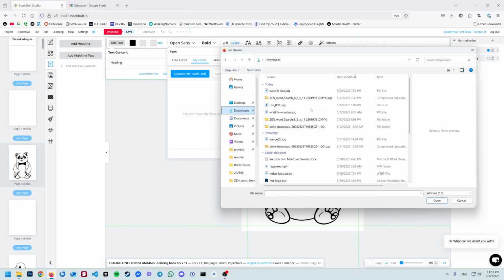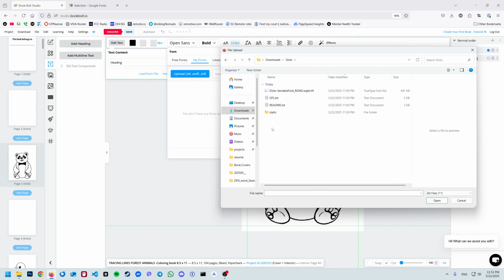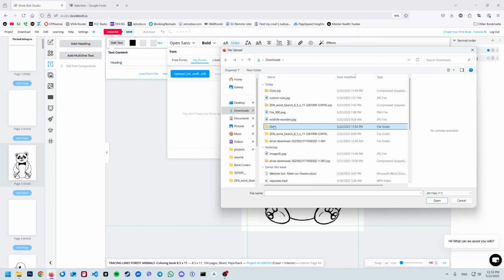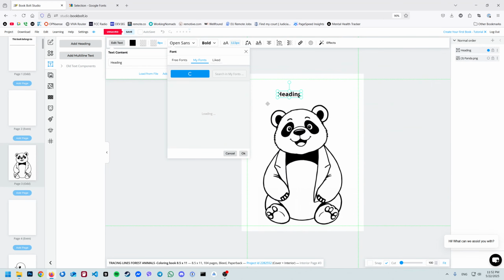So the fonts I deleted, I'm just gonna hit Control Z right here. They should pop back up. Yeah, there they are. Control Z to undo the deletion, obviously. So the stuff that I just deleted is back from the trash can, comes back to the downloads folder. So here's the font. I'm gonna upload the .ttf file,